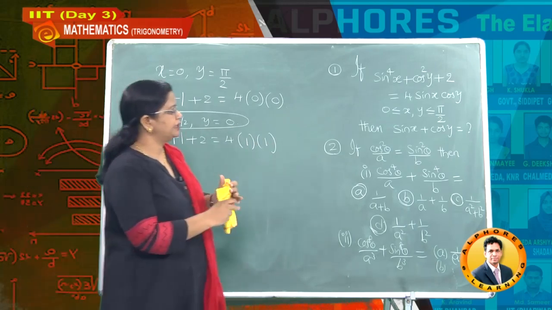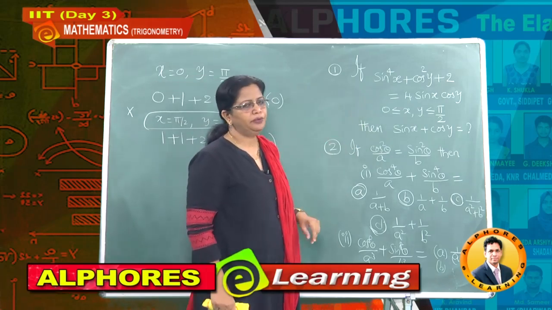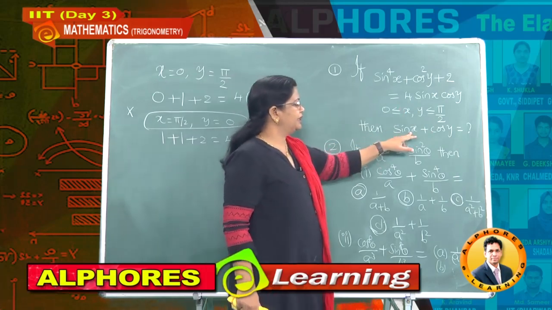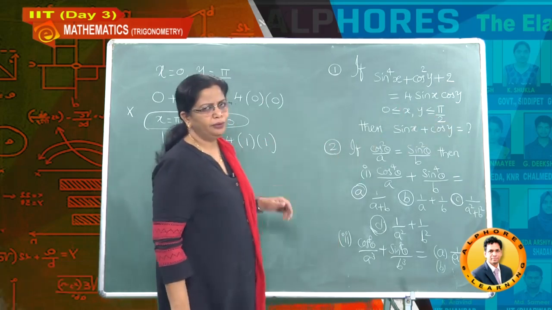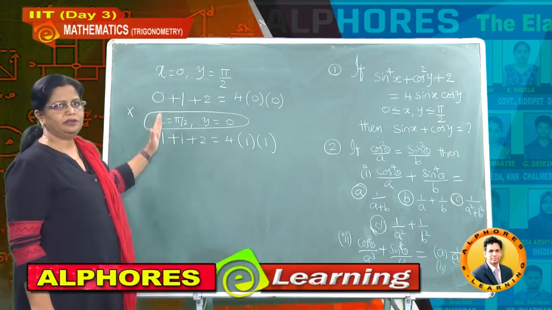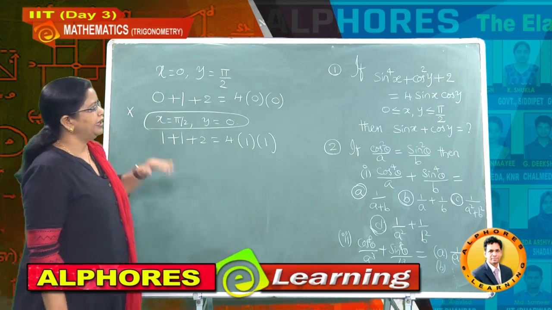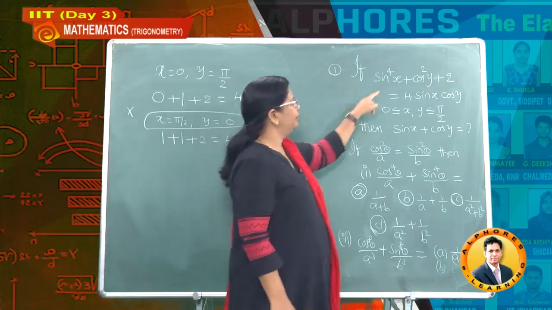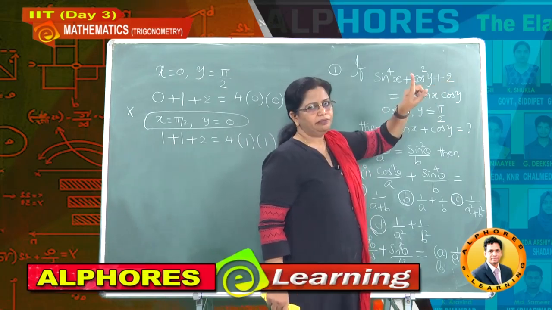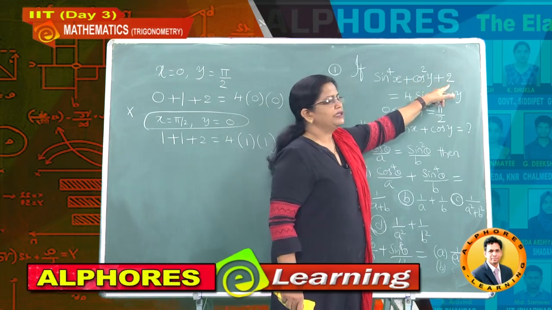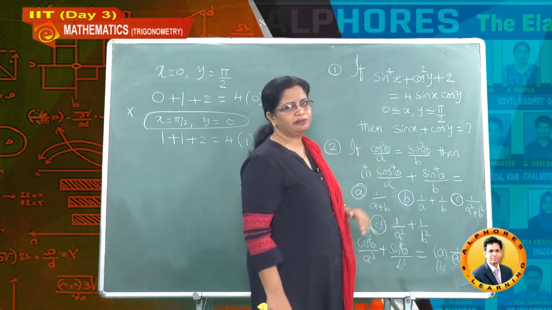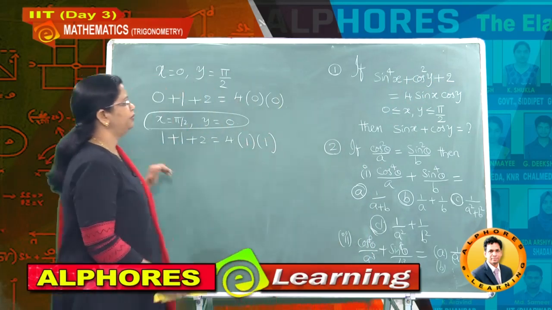So if I put x as pi by 2 here, sin pi by 2 is 1, cos 0 is 1, and hence your answer is 1 plus 1, which is equal to 2. So very simply you can do these problems by taking this kind of technique. Now if you want to follow the direct procedure, then you should write sin power 4x plus take only 1 from here, cos square y plus take only 1 this side, and after that we arrange as perfect squares. Then we can simplify the problem.